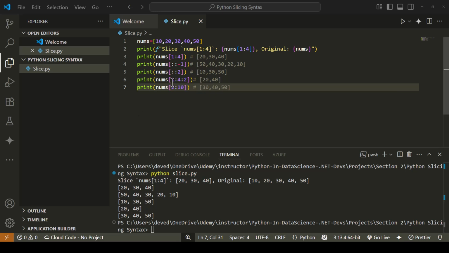And this one is 20 and 40 because the starting point is 1, at this index is 20, and then in step of 2, that is 40. That's it. And this is at index 4, which is 50, which is exclusive, which is not included. So it is only 20 and 40. And similarly, this one,